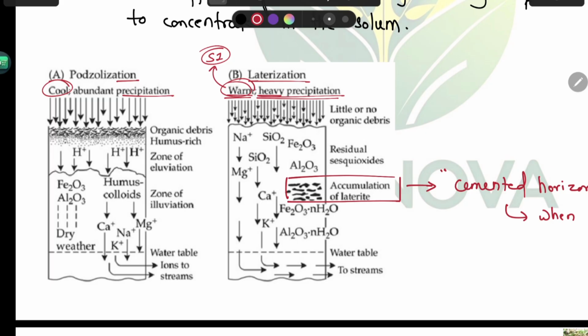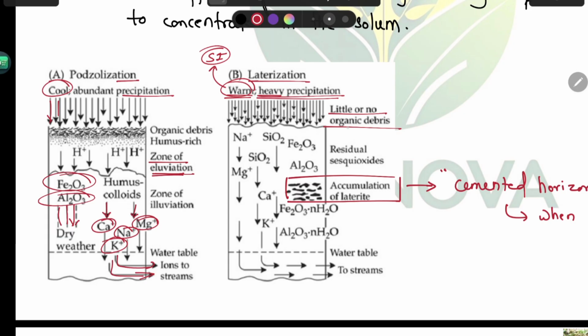So basically in podzolization, due to high leaching, in the zone of elevation, major oxides, that is aluminum oxides and iron oxides, get deposited into the lower layers, and humus colloids and salts like calcium salts and sodium salts get into the streams or the water table. Whereas in laterization, due to heavy precipitation,